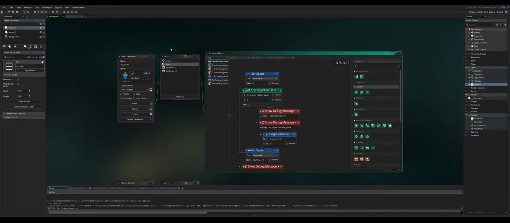What does that result in? So it's set to 0 automatically. But if the key's down,